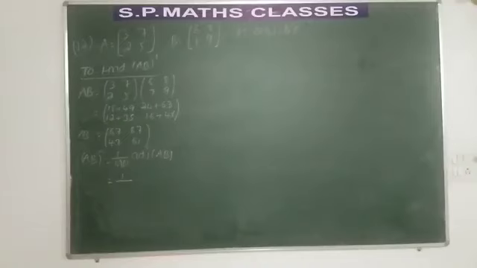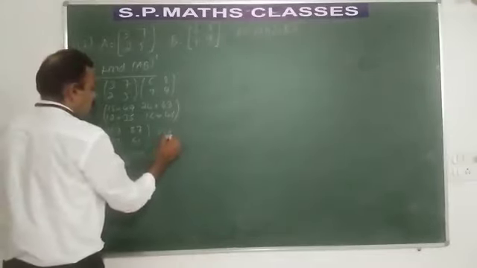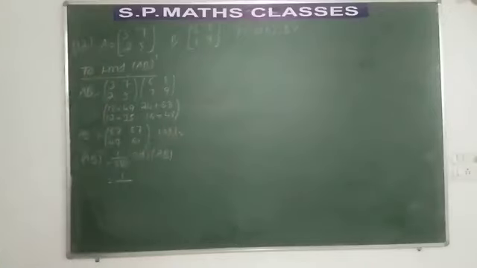Find out 67 into 61. What is the answer you have got? Determinant AB will be, what is 67 into 61? It's 4087